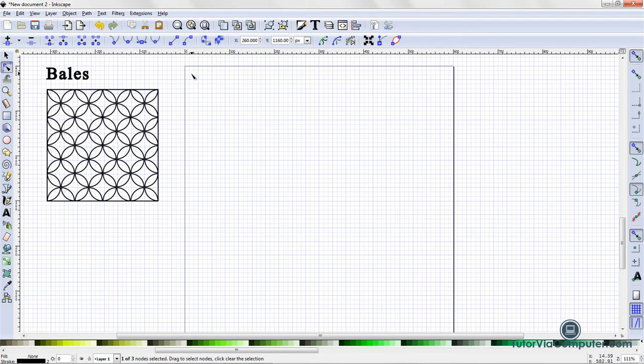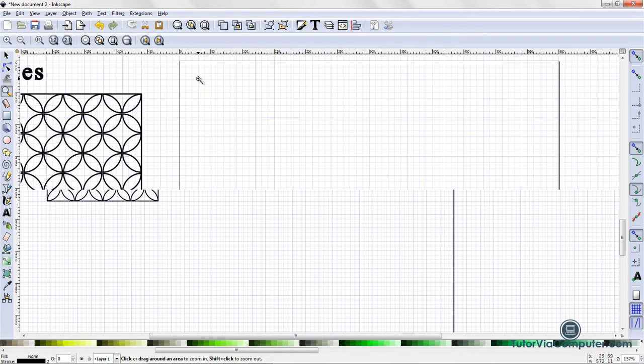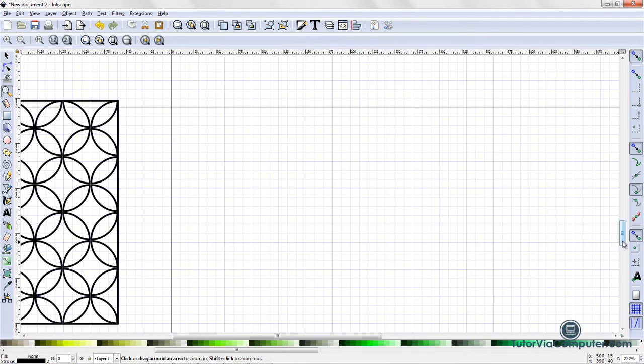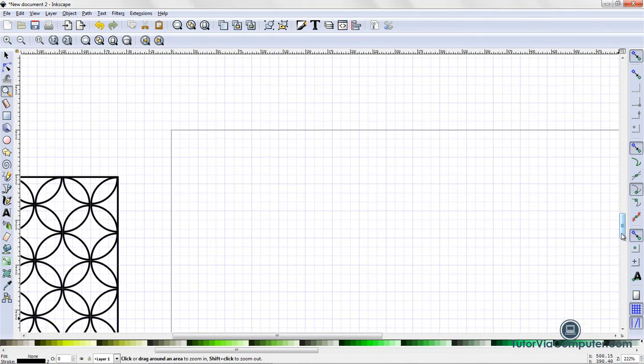So now my major grid lines are closer together, and each of these boxes that encompasses a major grid line is smaller. So now I'm going to click on my zoom tool and zoom in. My snapping tool, snap to grid, is on. That's on by default. I'm going to select